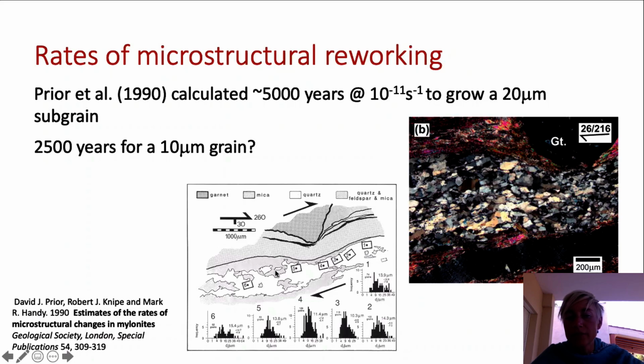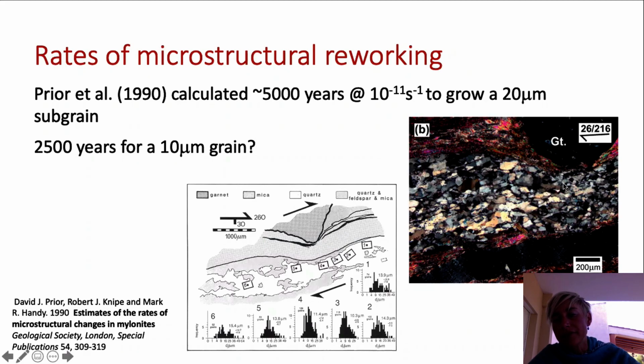So many years ago, Dave Pryor did a study where he looked at a quartz band that was deformed around a rigid garnet grain, and he considered the variation in strain rate between the material where the quartz band was wider and where it was impacted by the adjacent rigid grain, and assumed that overall the bulk zone had to accommodate the same bulk strain, so therefore you had a higher strain rate in this region. And he used that study, and the proportion of material that was recrystallized within each part of this quartz band, to estimate the amount of time that it might take for a new quartz grain to grow